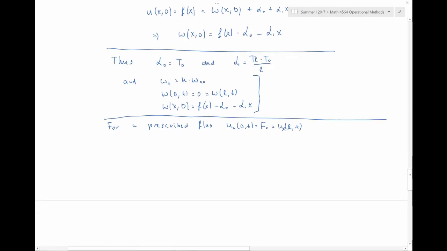So what we're going to do is we're going to say that u of x,t is some function w of x,t plus F naught times x. The constant alpha naught would be included in the solution w anyway, because when we have a zero flux problem, it does have a constant present in there from the cosine series. And the function w would satisfy